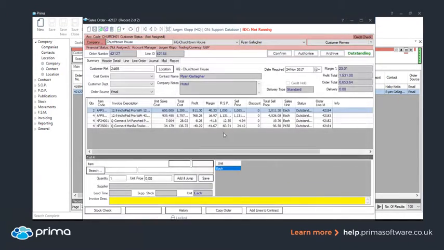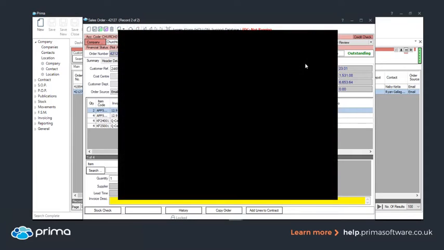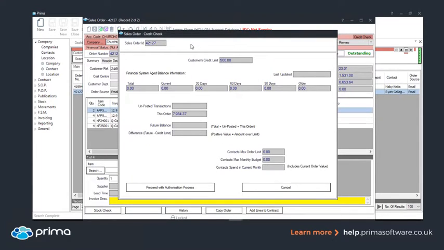I'll close it out. And then when I authorize this order, I'm logged on as Jürgen, and if I click authorize, that's then coming up with a credit checkbox. It's telling me this order is this, and any other information in terms of if there's other orders on the system, it'll tell you all that information within this area as well. And then when you proceed with the authorization process,